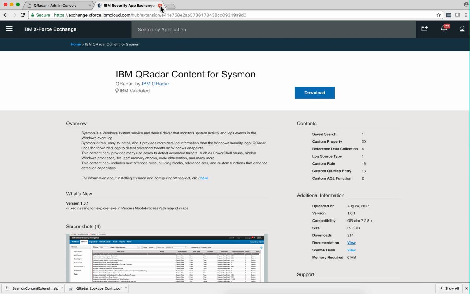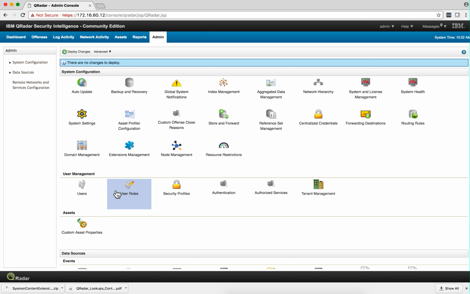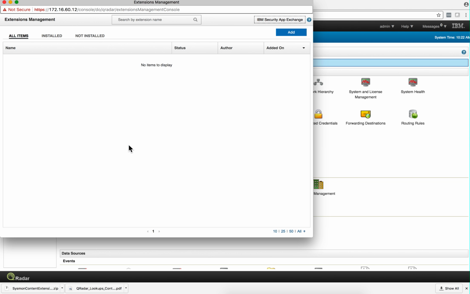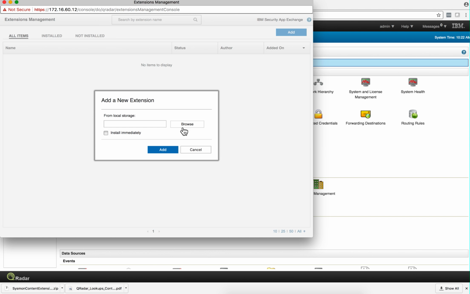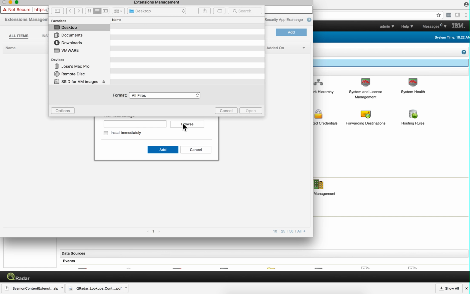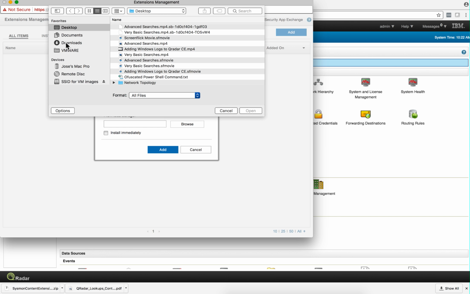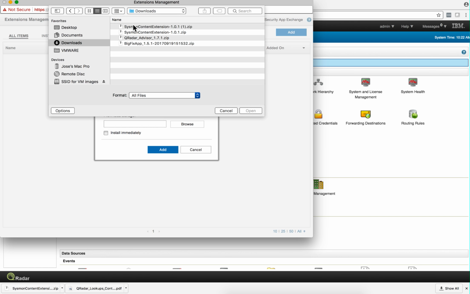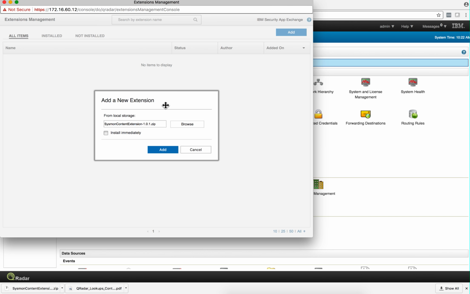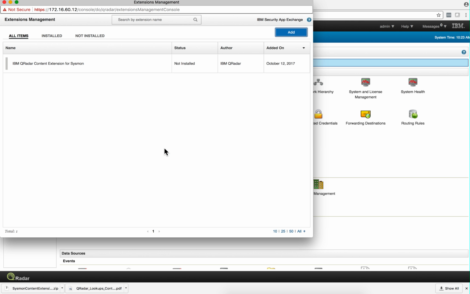So I downloaded that, and I'm going to actually install it. So all I need to do is go here and click on the add button and go to wherever you downloaded your files. So I'm going to go here on My Downloads, and here is the Sysmon content extension. I downloaded it twice, and if you select here install immediately, you can do so. But actually I'm going to just click here on add,